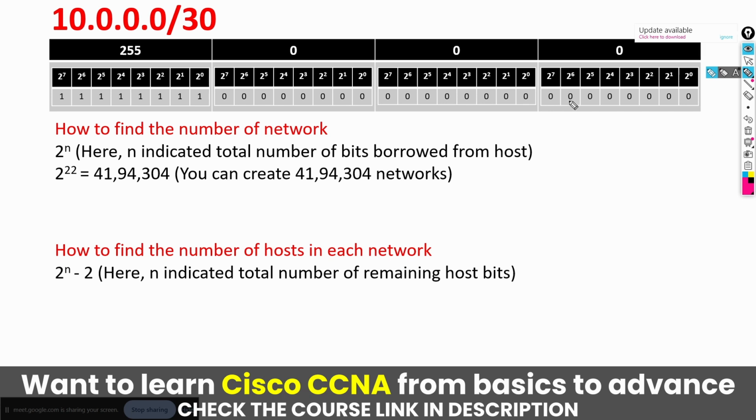If you take class C also, if you take only 2 bits, what will you get? How many networks will you get? You will get only 4 networks. It all depends on subnetting. It's not like you are getting fewer or more by the class. Okay. Now next thing is